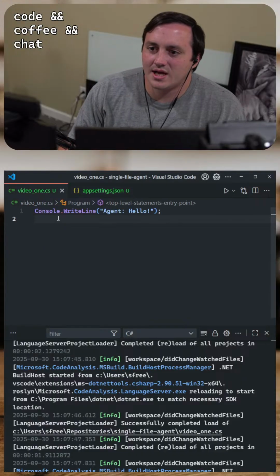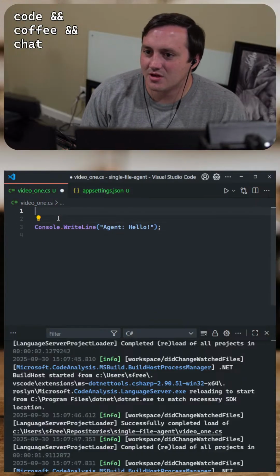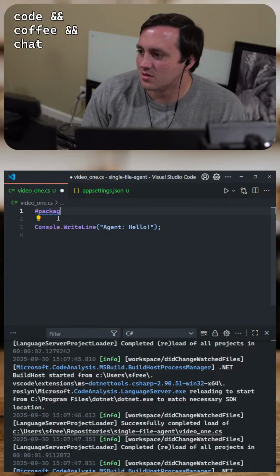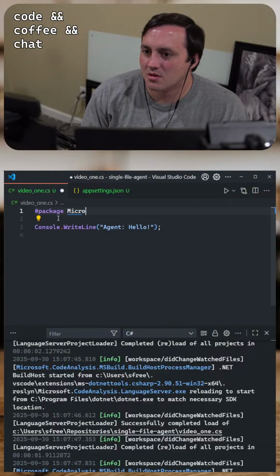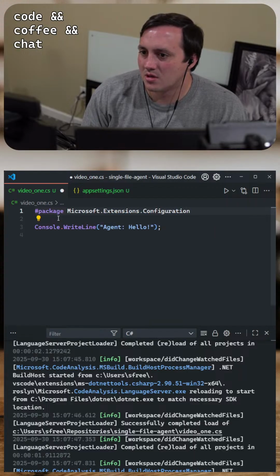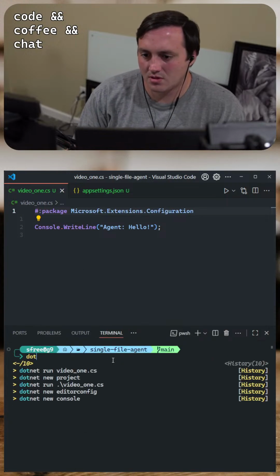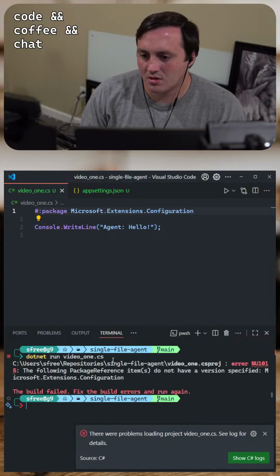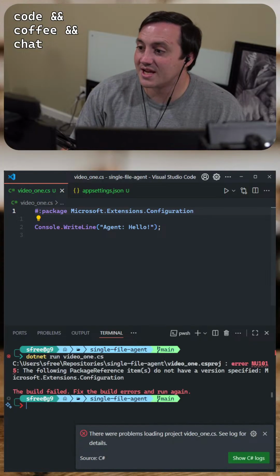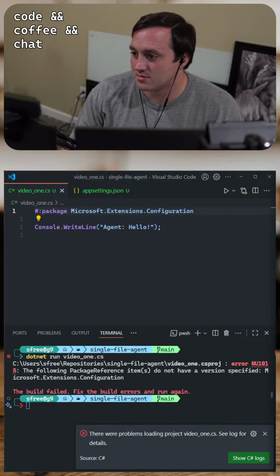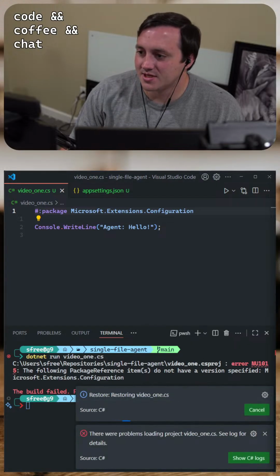I don't understand why when I added that reference though, it couldn't build. Oh, because I need to specify a version. Makes sense.